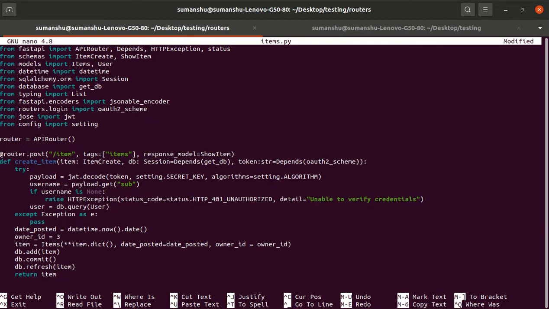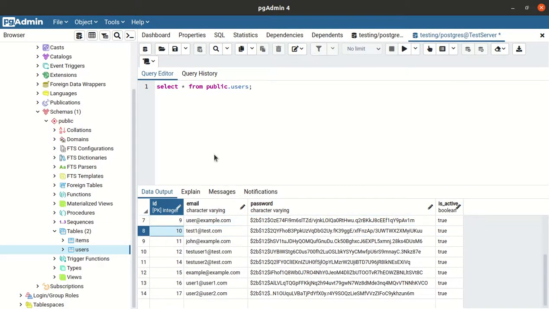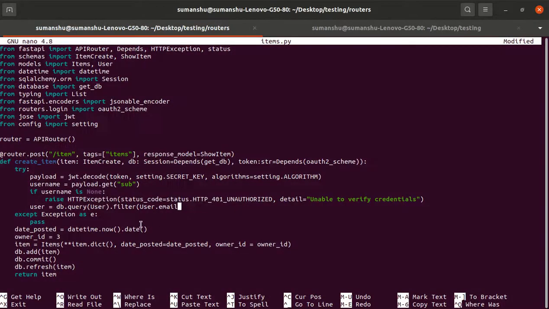We will run a query onto the user table and filter on user.email. Let me show you again. We are running a query onto the user table and putting the where clause on the email field, so user.email should equal the one which we get from the token.